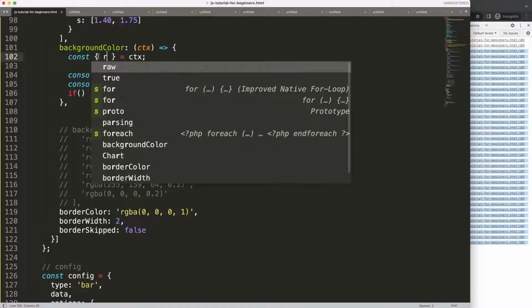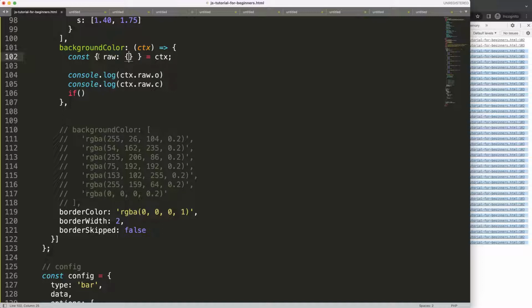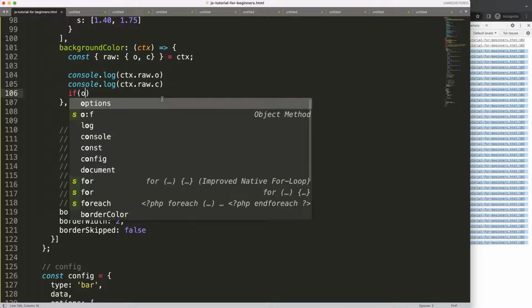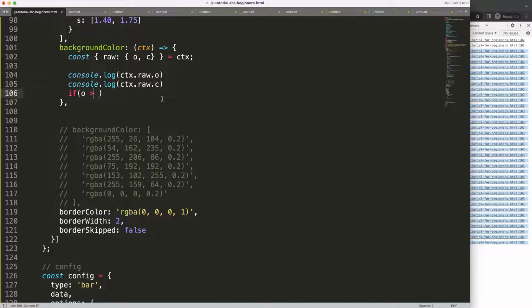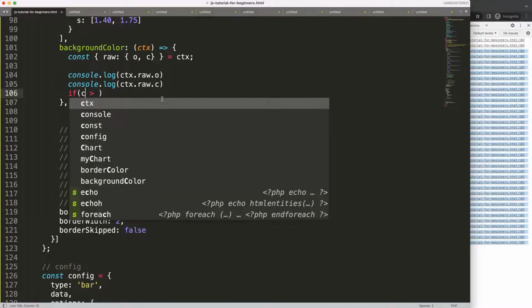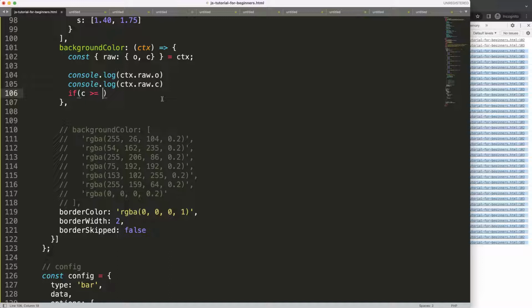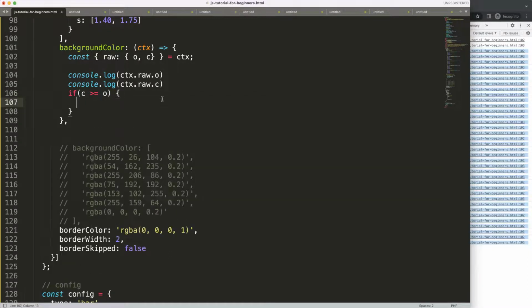I'm going to say raw, then colon, open, and make sure open is o and close is c. So if close is larger or equal to open, in that case